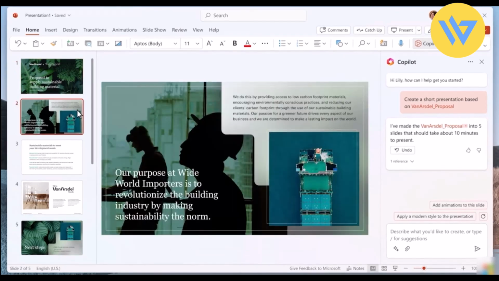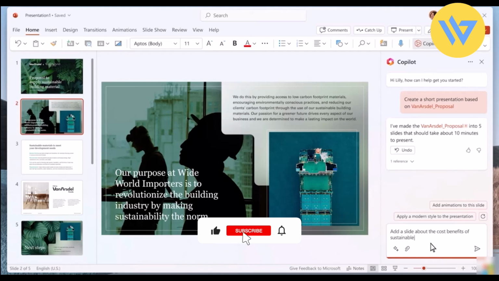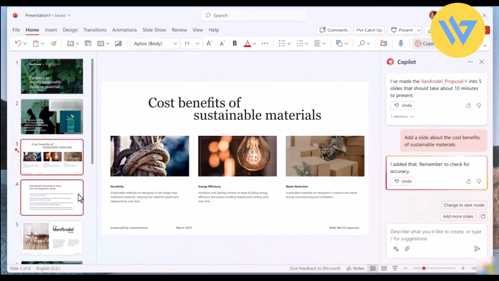Now let's say you want to add an extra slide between number 2 and number 3 over here. So all you have to do is highlight the number 2 and ask Copilot to add a slide for whatever reason you may need in between number 2 and 3. Just simply tell Copilot to do that. Then after that, again within a few seconds, Copilot will add a brand new slide for you with everything, image, information